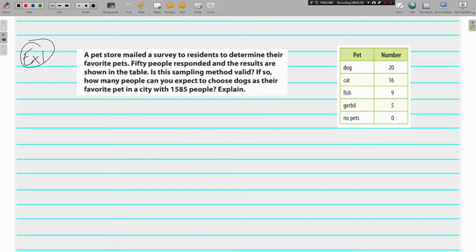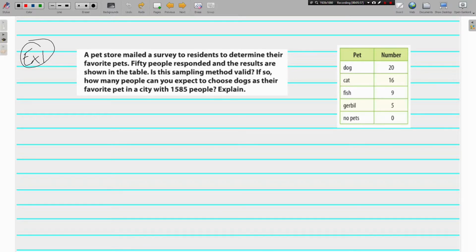All right, so now, what do we do with those different sample types? Well, here's an example of some things we might have to do. It says a pet store mailed a survey to residents to determine their favorite pets. 50 people responded, and the results are shown in the table. Is this sampling method valid? If so, how many people can you expect to choose dogs as their favorite pet in a city with 1,585